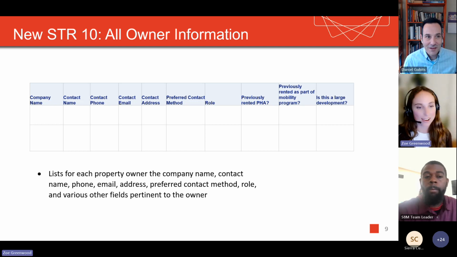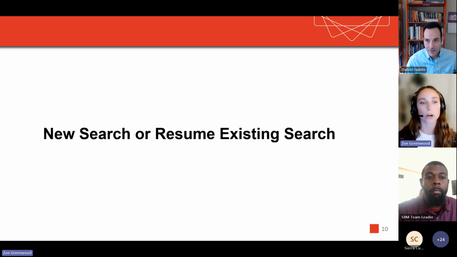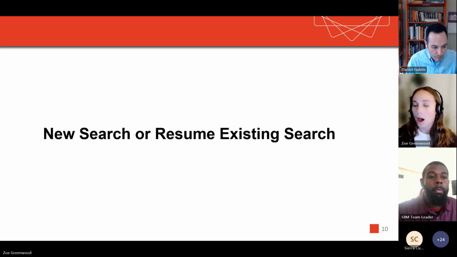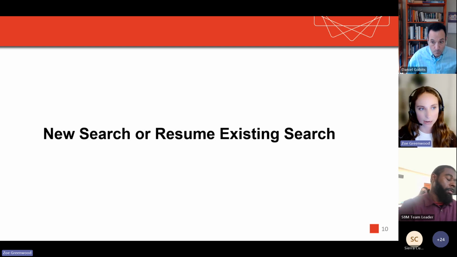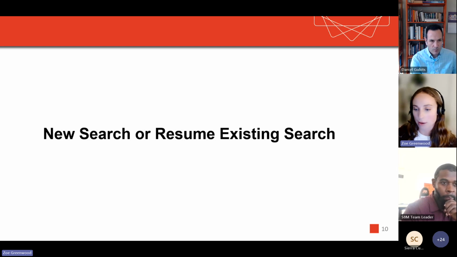Thank you. Okay, great. All right, so the first update I'm going to talk about is being able to do a new search in the tool or resume an existing search if a participant has had to pause their search for whatever reason. I'll give a little bit of background about this, and then I will show you how it works in the tool, and the two options that you'll